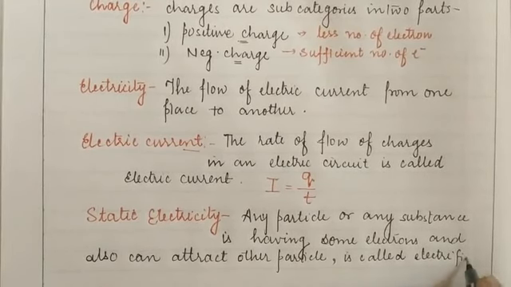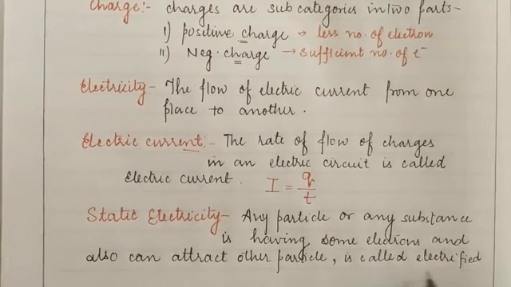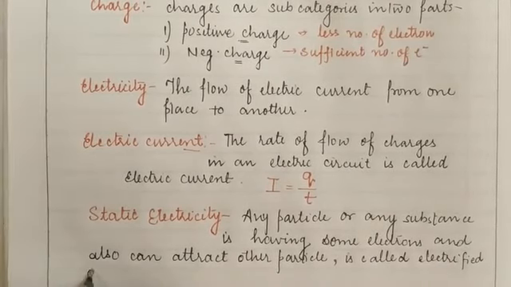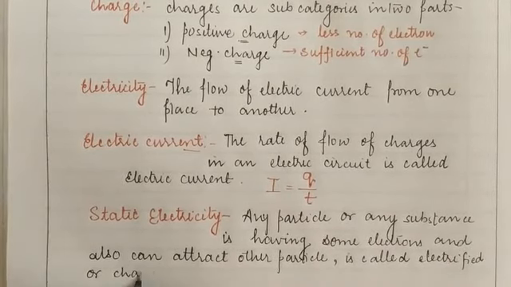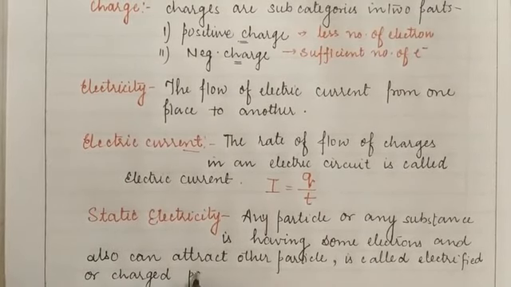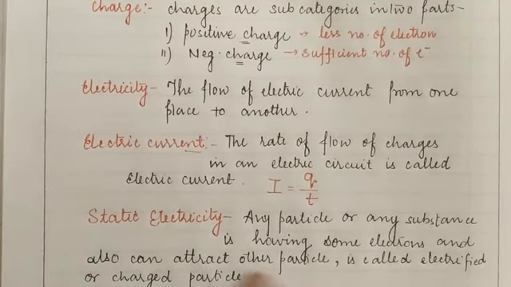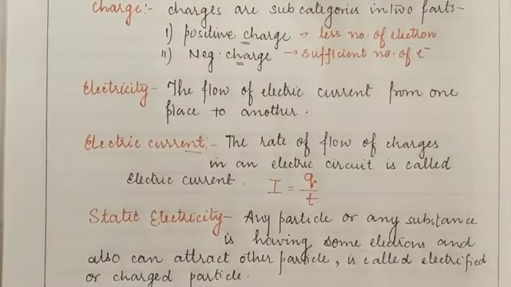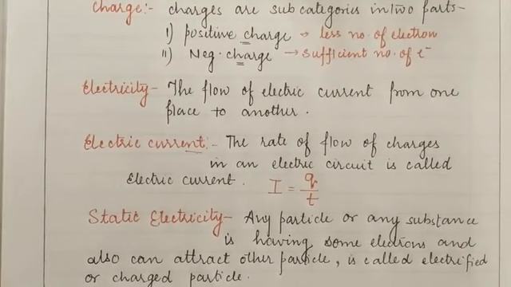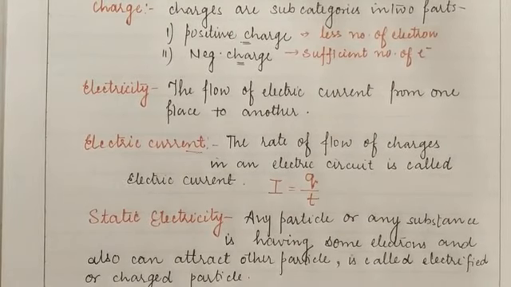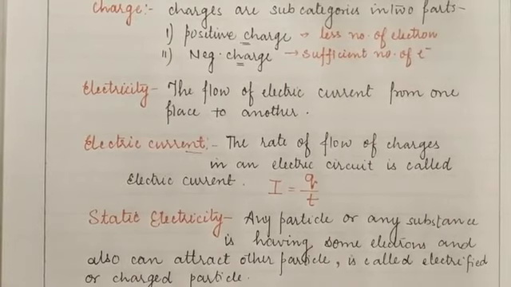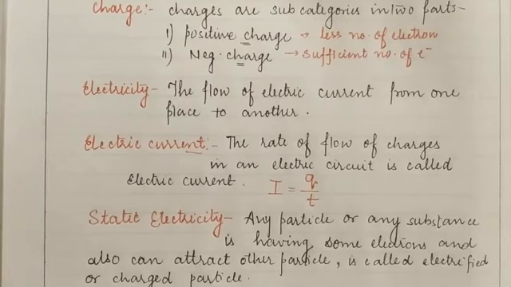Electrified means when something is related to charges, it is said to be an electrified or charged particle. It means that any particle or substance which has electrons is said to be a charged particle. So if any particle is charged, then only it can attract or repel another particle. Students, whenever an object made of a substance like plastic, glass and ebonite is rubbed with wool,